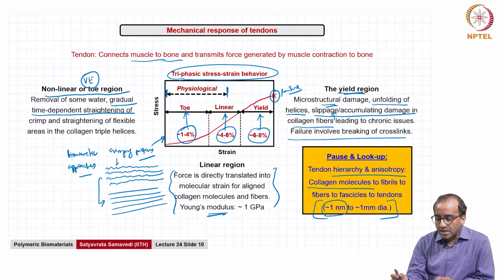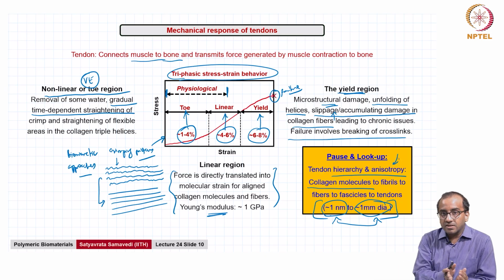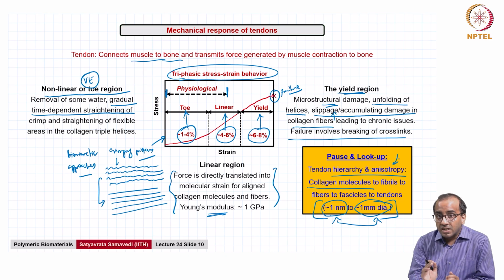You're talking about something like, for a collagen molecule, 1.5 nanometers diameter, all the way up to a tendon, which is about 0.5 to 1 mm diameter. So you look at just the length scales over which the hierarchy spans. That range itself is quite amazing, right? And of course, there is anisotropy. Like I said, you have aligned collagen fibers with the crimp pattern. So that gives you a good understanding of how both hierarchy and anisotropy in tendons eventually lead to its mechanical properties. So again, structure,